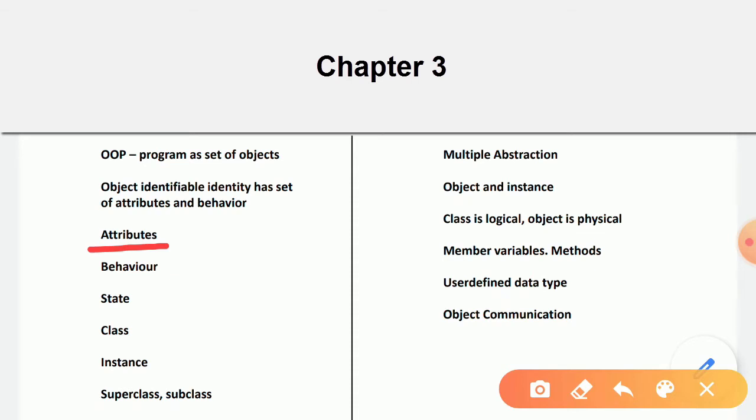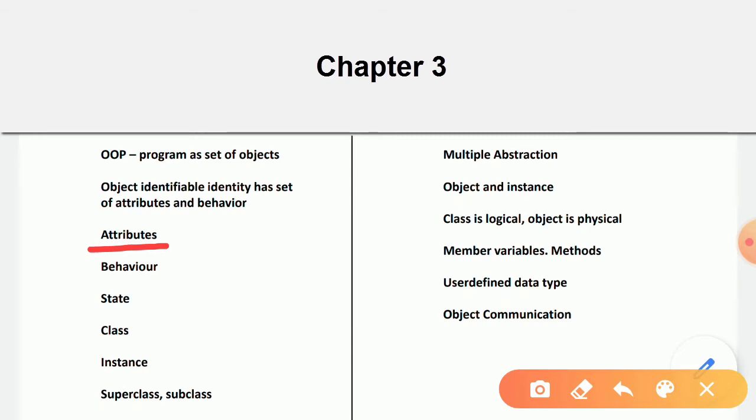And if I assign white color to the second dog, that will be the state of the second dog. So remember, when you assign a value to an attribute, that becomes the state of the object. So far we have seen identity, we have seen state, and we have seen how state and attributes are related.